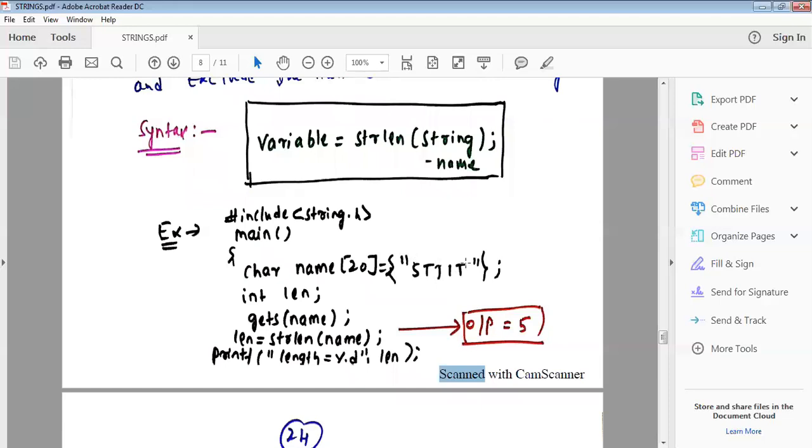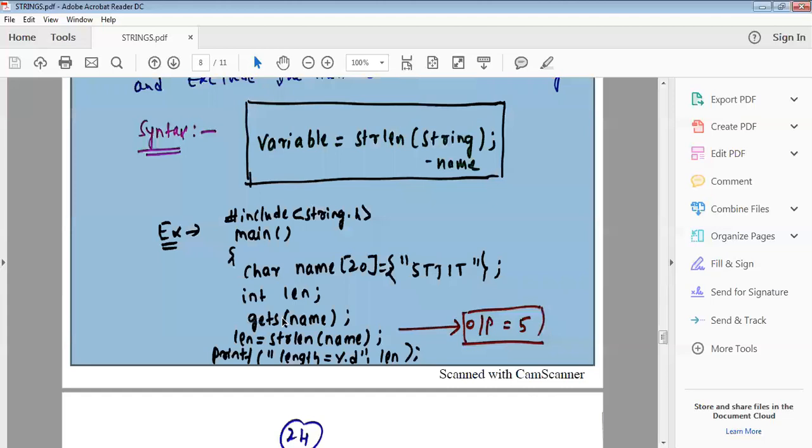So here I predefined the string input value. So int, this int is used to store the value of length. So you use the function gets. So this is the alternative for scanf. So gets is the alternative for scanf, meaning you are reading the whole string. Is it right? Yeah, here you are reading the whole string. So that's why here we are using the gets function.